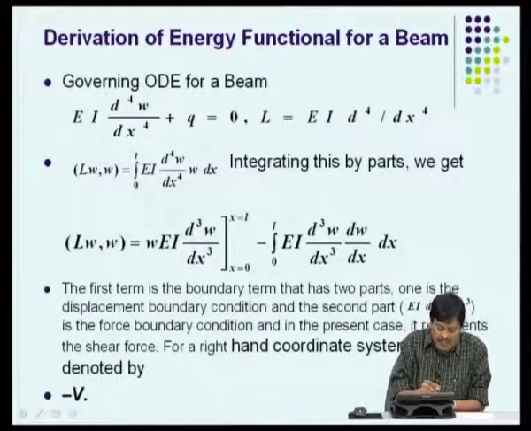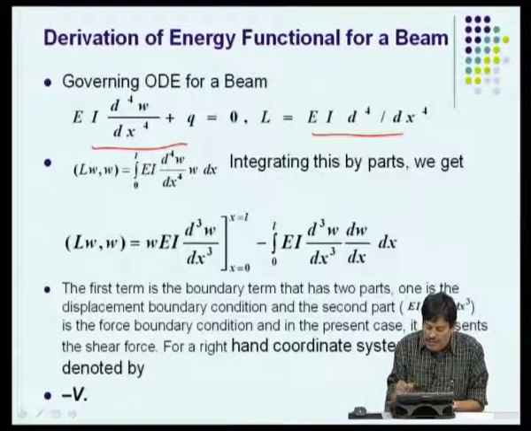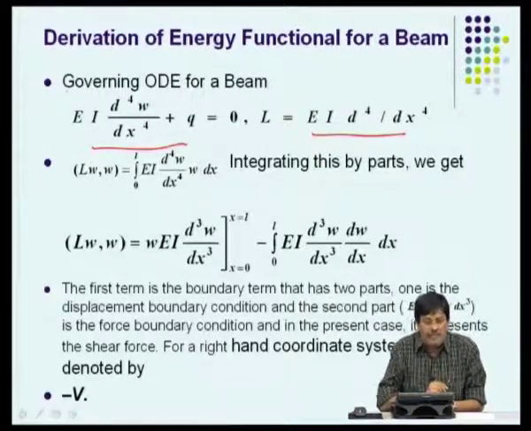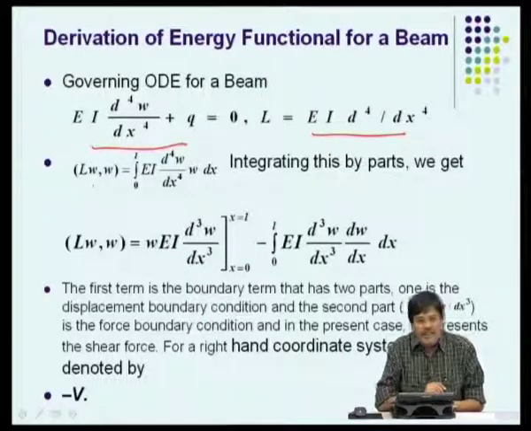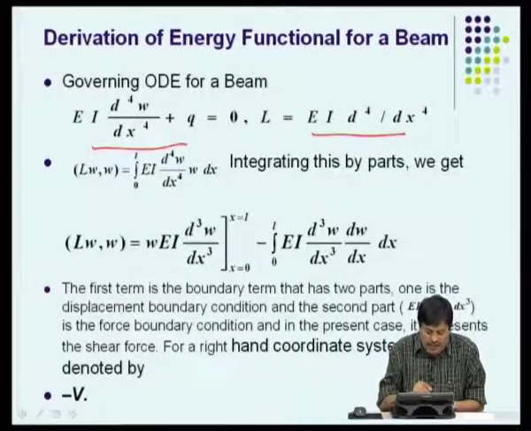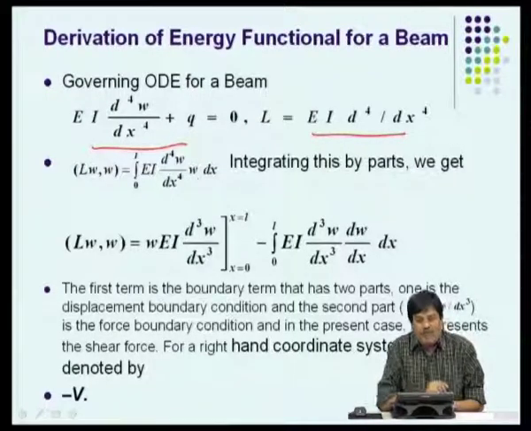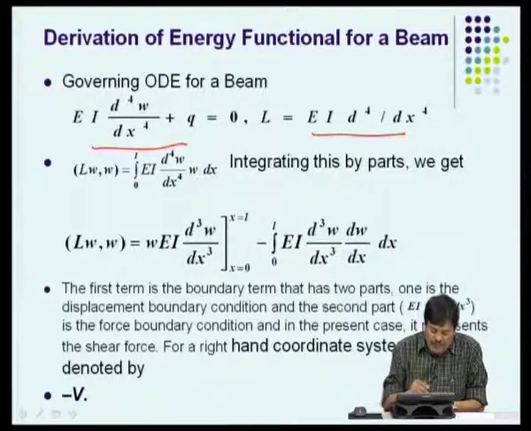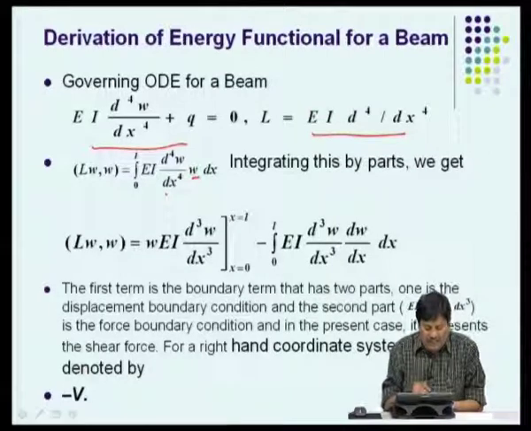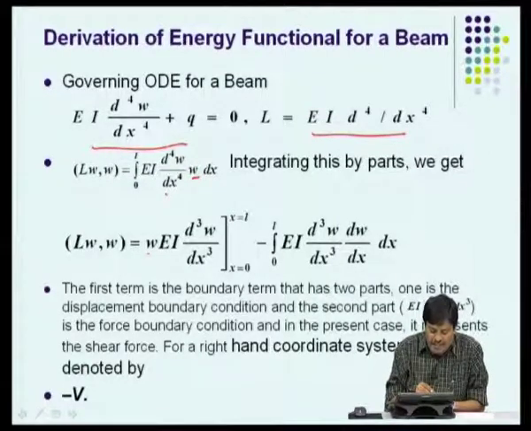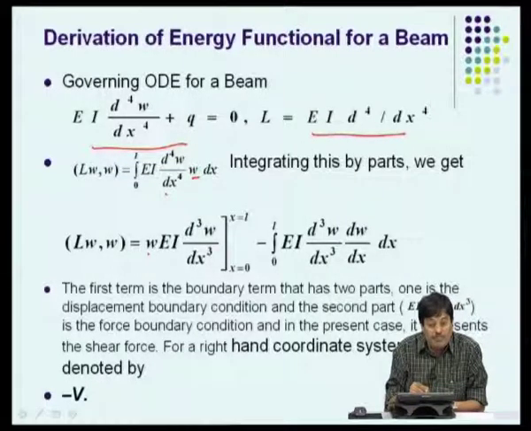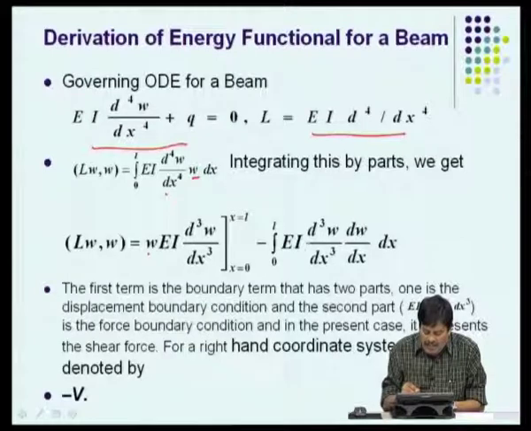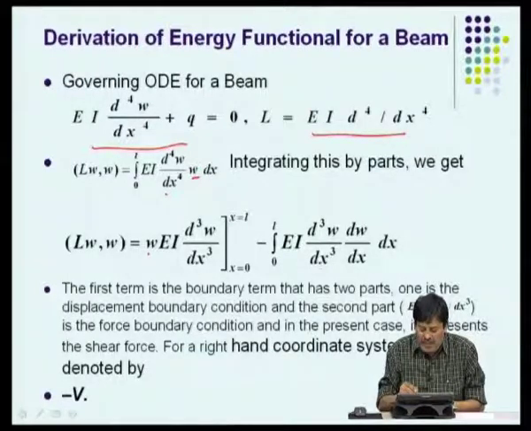So, here this is the governing equation and the differential operator is given by this, that is the fourth order operator here. So, now we will take an inner product, that is <Lw, w>, which is nothing but the integral of EI d4w/dx4 times w, and we will integrate by parts. We have done this in the last class, we will do again here. So, this is my first function and this is my second function. So, the integral is the first function into the integral of second function, EI d cube w by dx cube, evaluated at x equal to 0 and L, which is our domain length, minus the integral of the second function, that is EI d cube w by dx cube, into differential of the first function.